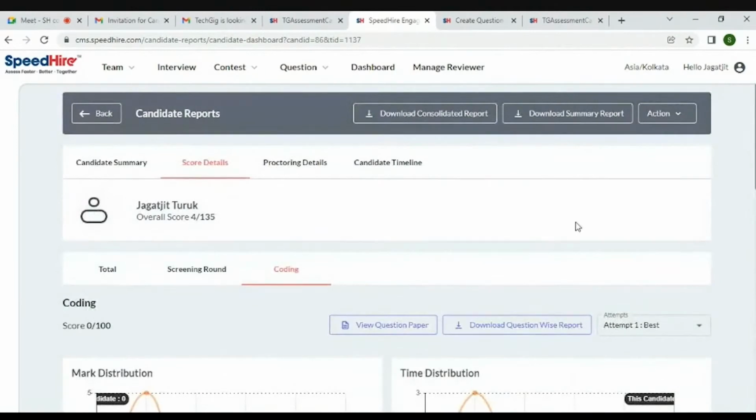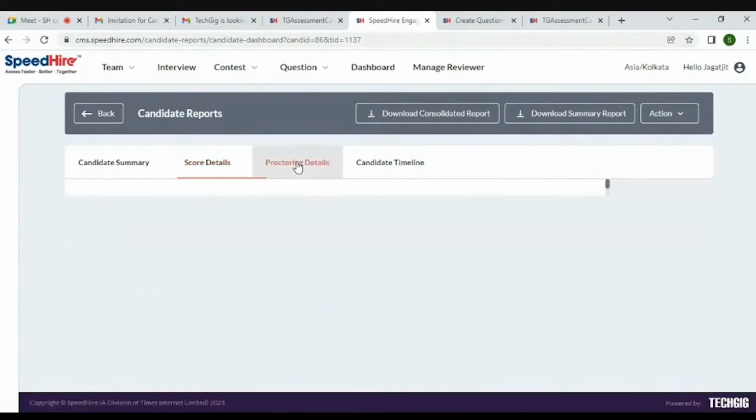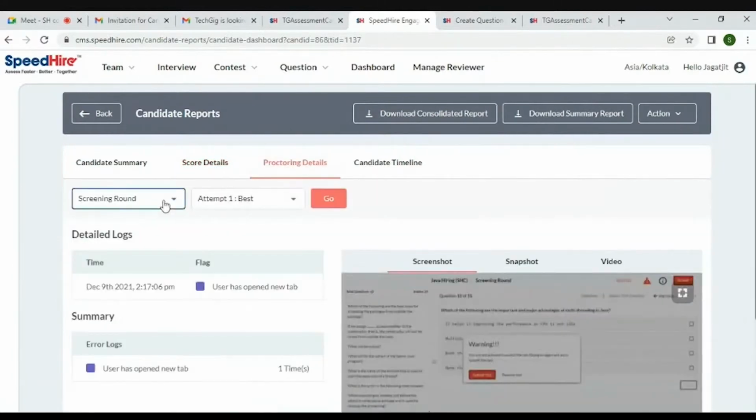Apart from this, if you want to share the report with your internal team, you can simply download the consolidated report or candidate summary report, or even you can download the round-wise report of the candidate. With that, you can also take an action whether you want to shortlist or reject the candidate based on his performance. Then we have the proctoring details in place, where you can select the rounds